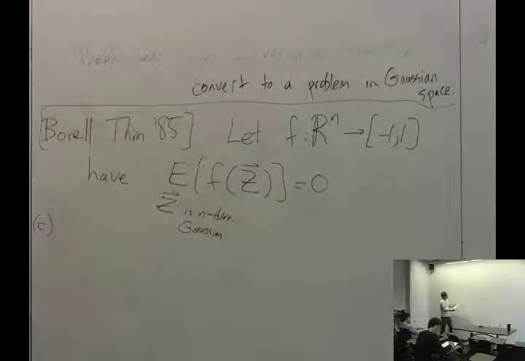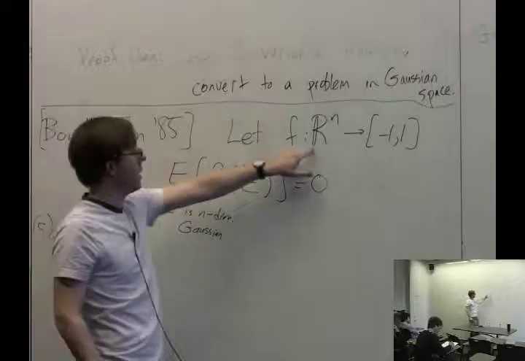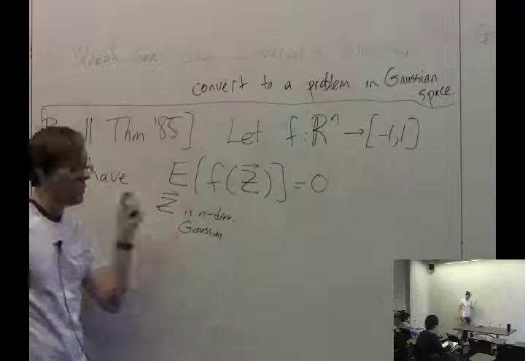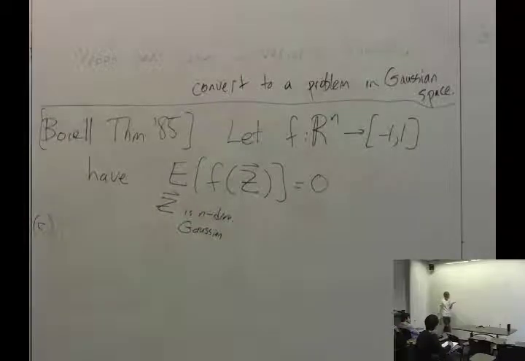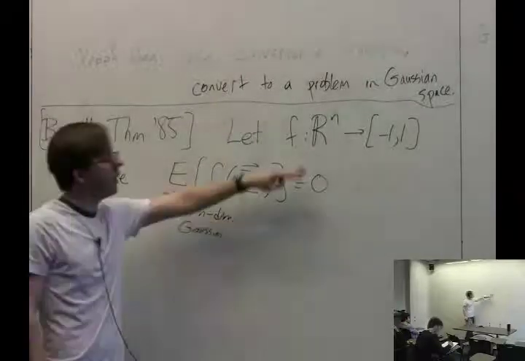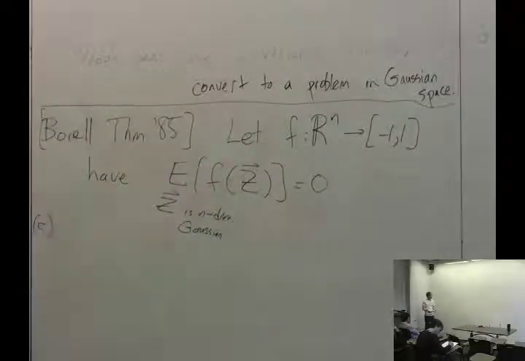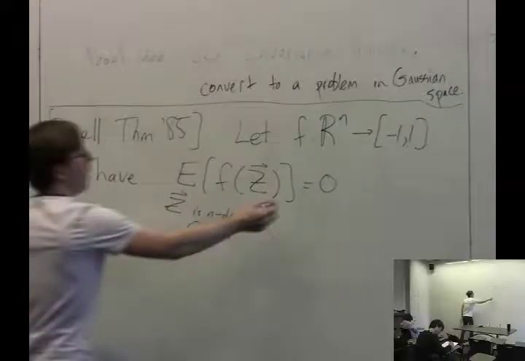Okay, so think of it as an indicator of a subset of space, and this says that it has Gaussian volume 1/2. If you pick a random n-dimensional Gaussian, each coordinate is Gaussian. 50% of the time it'll land on the +1 side, and 50% of the time it'll land on the -1 side. Okay. And the theorem is that